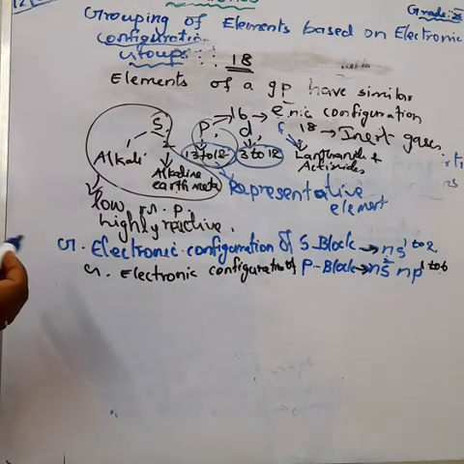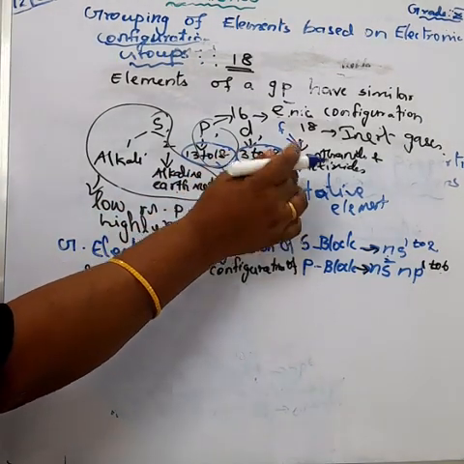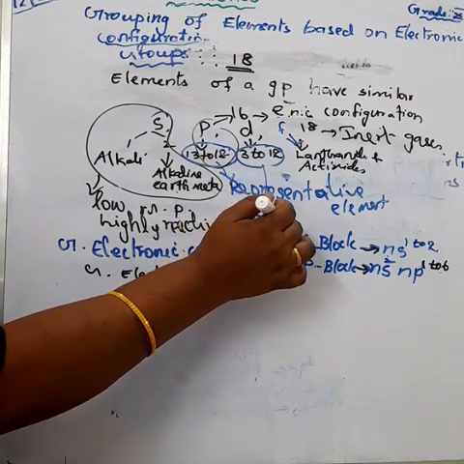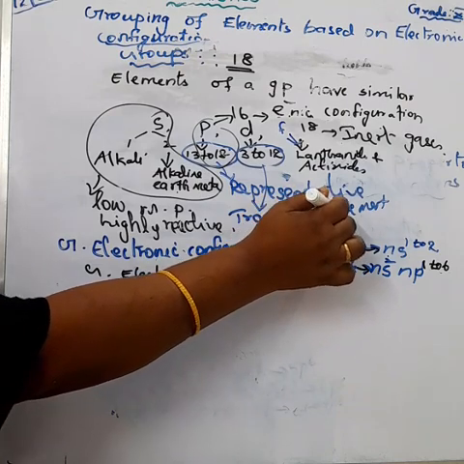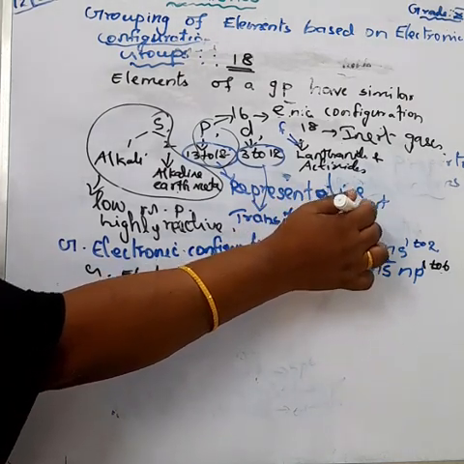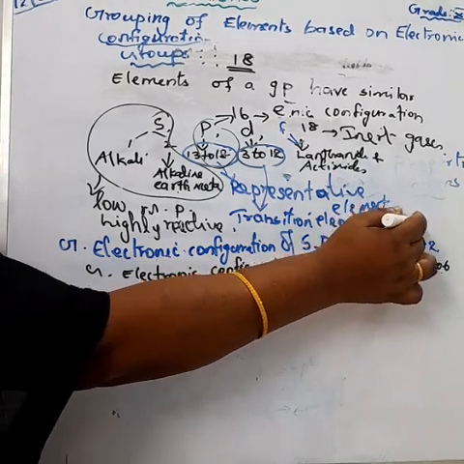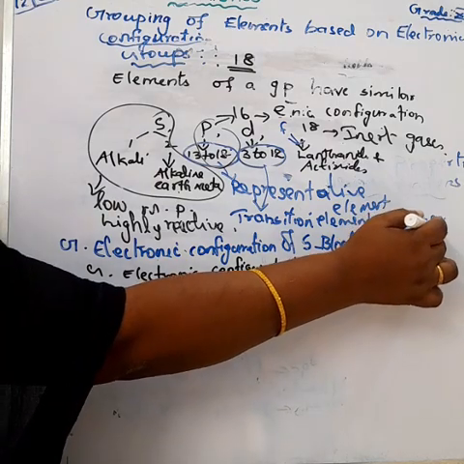Another name is the transition elements. Group 3 to group 12 elements we call the transition elements. There are two types of elements here: transition elements and inner transition elements, which have the transition series. Okay, the outer electronic configuration for the transition elements is